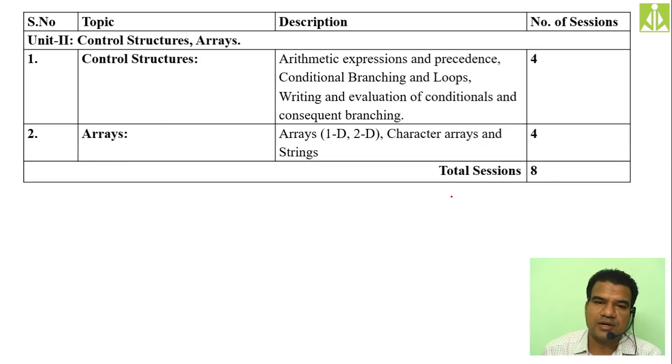Then go to the second unit, a very small unit. We have only the control structures to study and then the arrays to study. So control structures, in that we discuss what are operators, what are operands, what you mean by operation. Okay, then different types of operations like arithmetic, and we have around 8 to 11 different types of operators, or 8 to 11 different types of operations, I mean to say, that we will study over here. Then we have the conditional branching. Okay, then loops also we study.